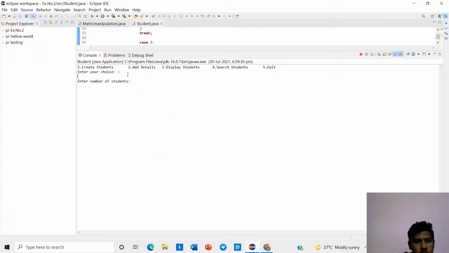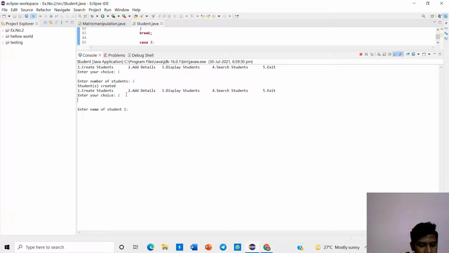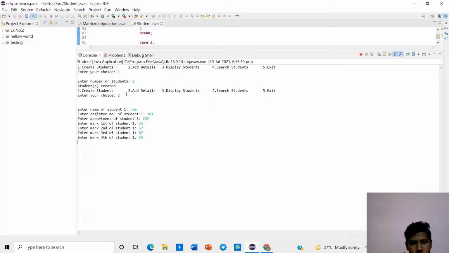First we create students: the number of students, 2, will be created. Then, second, add details. First the name of the student, the roll number 301, and the department CSE, and the marks will be 35, 67, 87, 65.